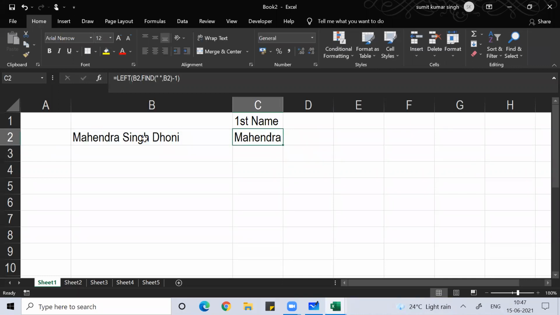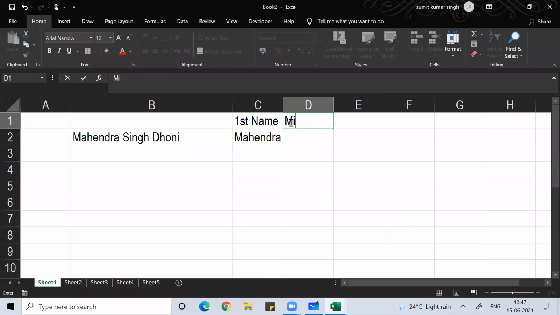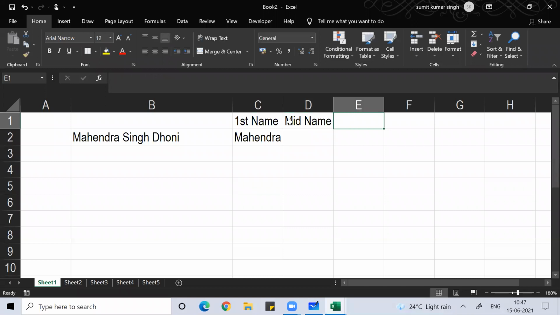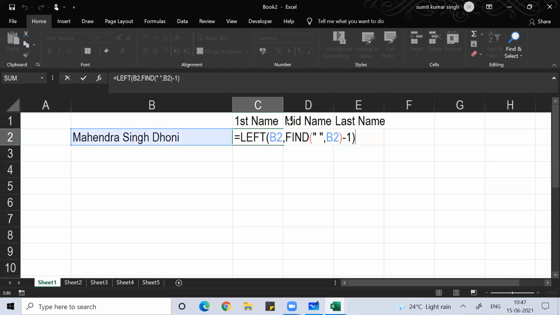I don't think anyone will have doubt on this. So first name, mid name, and the last name. Clear, everyone? You can try this.